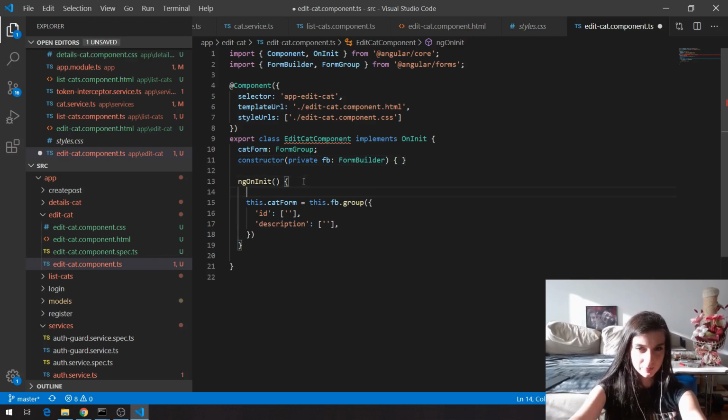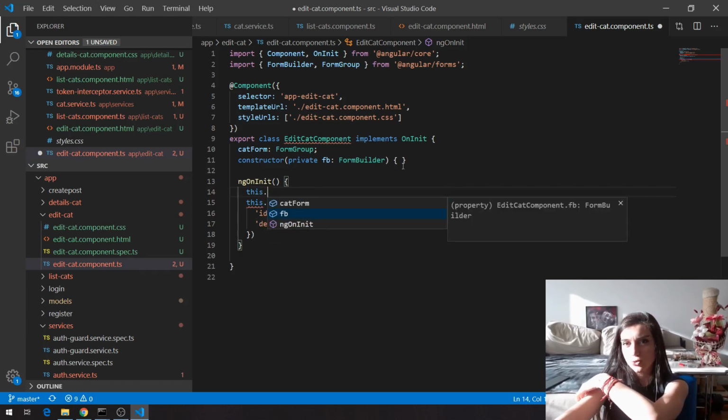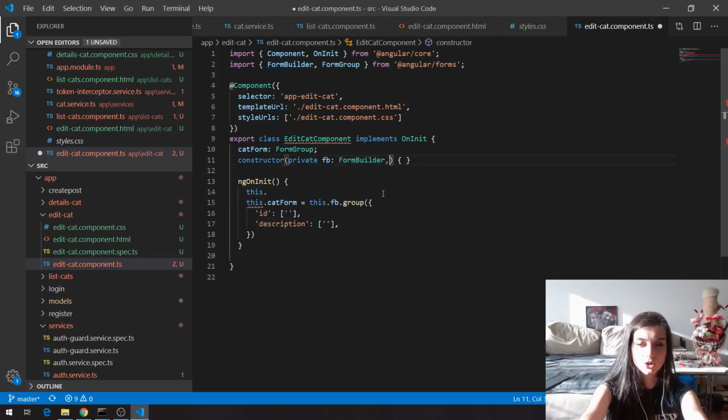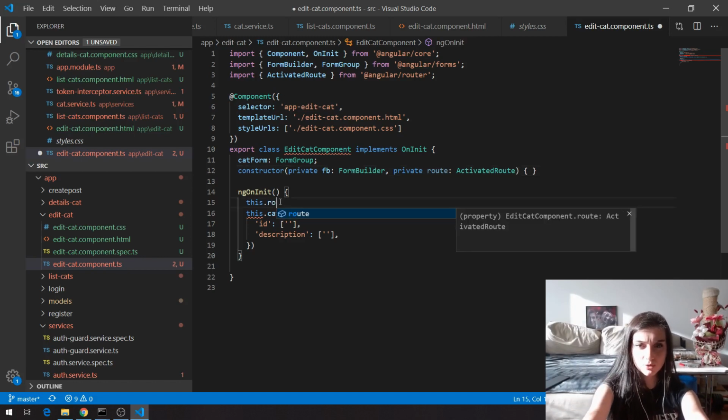So in the onInit, I'm going to say something very special. I'm going to say this dot. I'm going to need activated route from this. So I'm going to inject private route of type activated route,